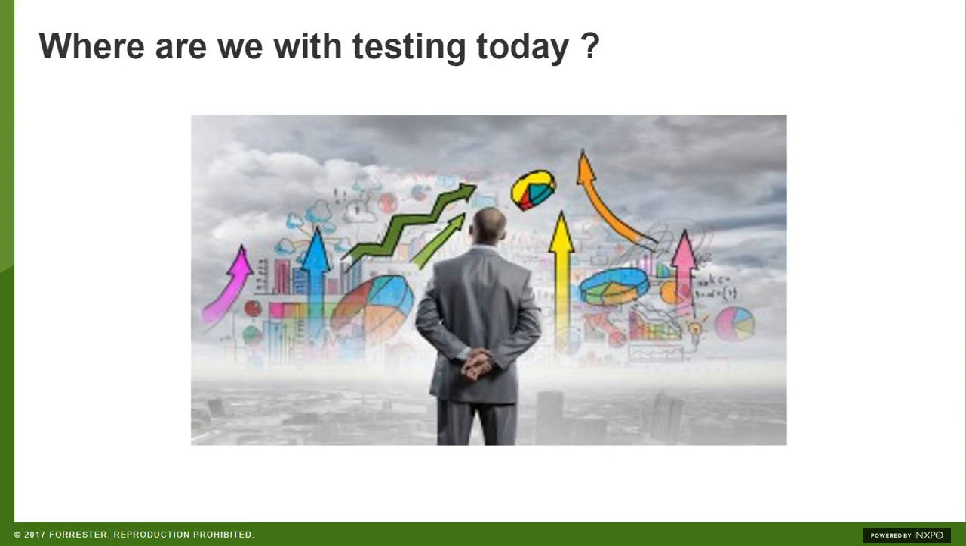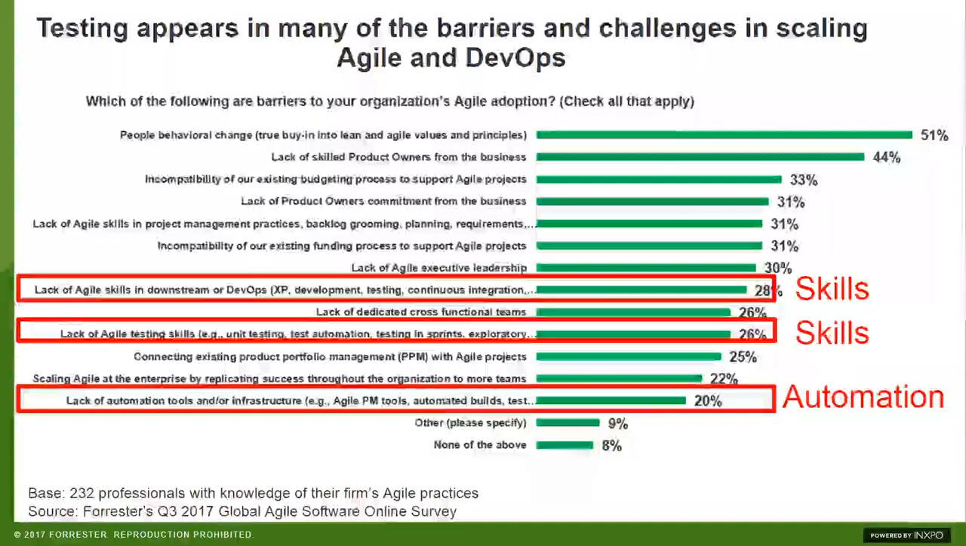Before we get into the cool stuff of AI, let's take a quick peek at where we are with testing today. This is from the biannual survey that I run at Forrester on Agile, asking teams that are doing Agile what barriers they're having in adopting Agile and DevOps. As you can see, testing is part of the challenges, and it's usually in the form of skills issues, lack of skills,